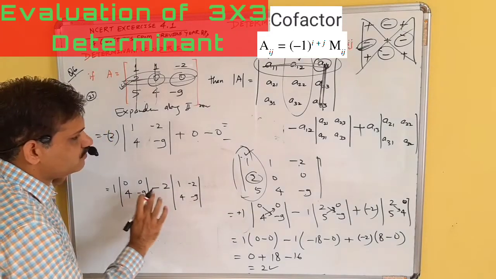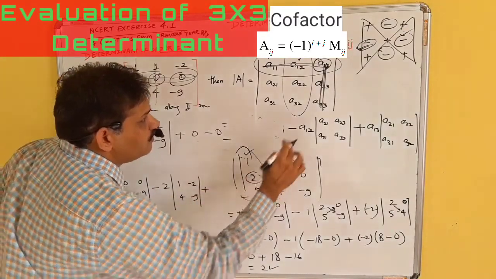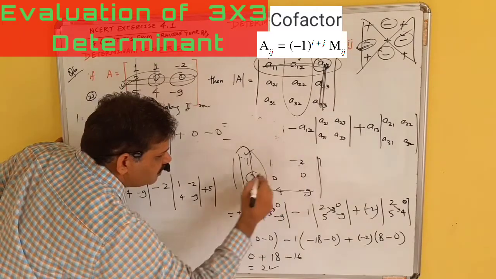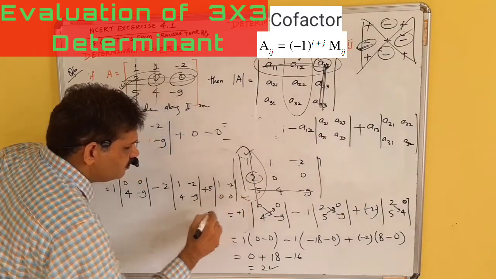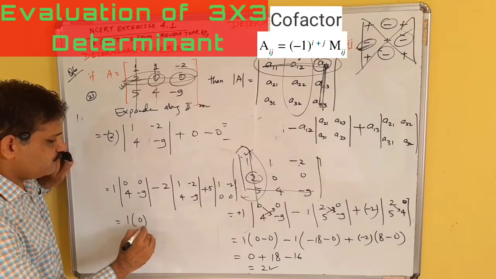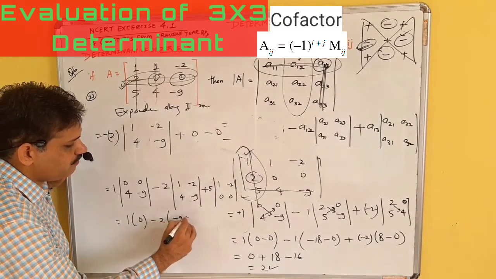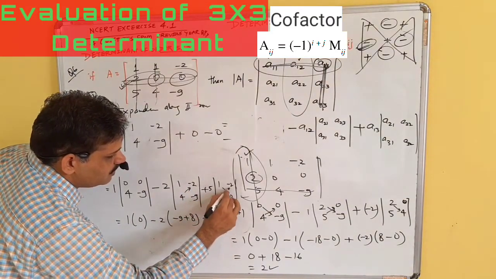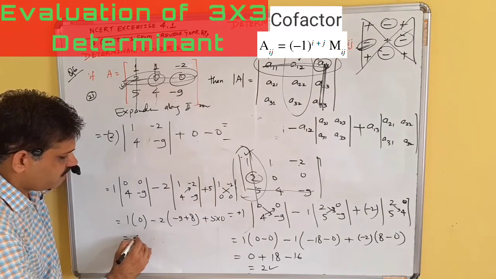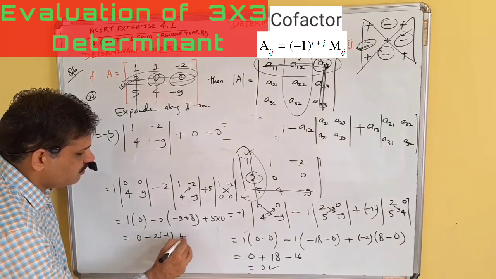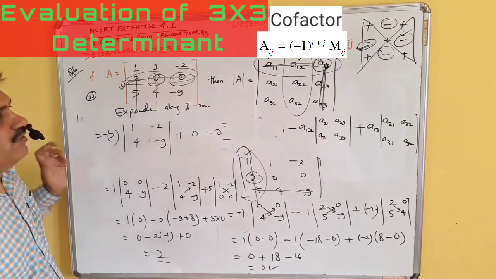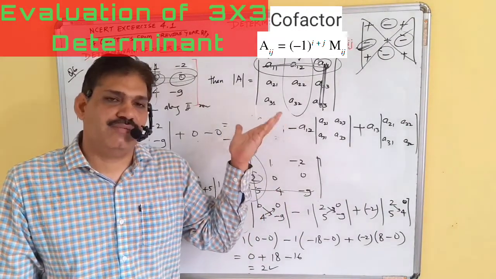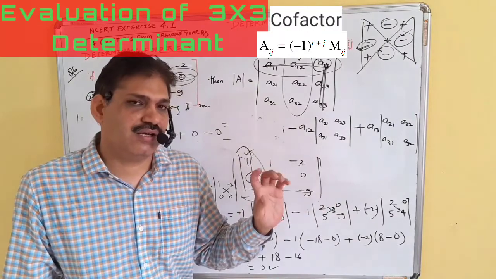प्लस माइनस प्लस, प्लस माइनस प्लस, प्लस माइनस प्लस, 5 के साथ क्या आएगा, ये रो और ये कॉलम छोड़ देते हैं। 1 माइनस 2 0 0, क्या बचा 1 इंटू 0 माइनस 2 इंटू माइनस 9 प्लस 8 हो जाएगा। माइनस ऑफ माइनस 8 इज प्लस 8 प्लस 5 इंटू 0 माइनस 0 इज 0। सो फाइनली इट इज 0 माइनस 2 इंटू माइनस 1 प्लस 0, दैट इज 2। यानी हम किसी भी पर्टिकुलर रो या कॉलम के अगेंस्ट किसी भी डिटर्मिनेंट को 3/3 को एक्सपेंड कर सकते हैं। ध्यान क्या रखना है कोफैक्टर के साइन का।